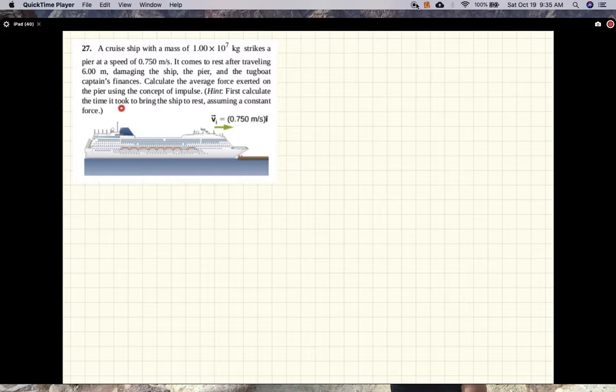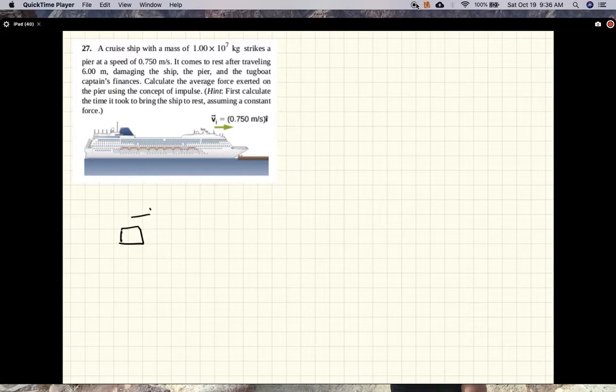First, calculate the time it took to bring the ship to rest. Assume a constant... I guess here's a typo. We'll calculate the average force exerted on the ship by the pier, since we know the velocity of the ship. And then anyway, the force on the pier is the opposite force. So, all right, so